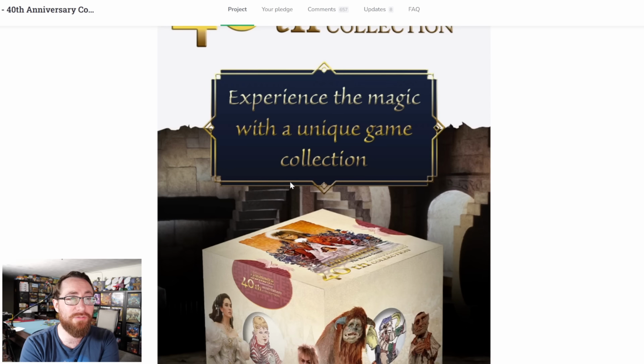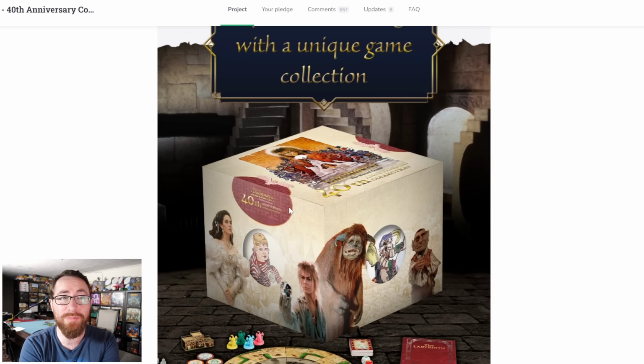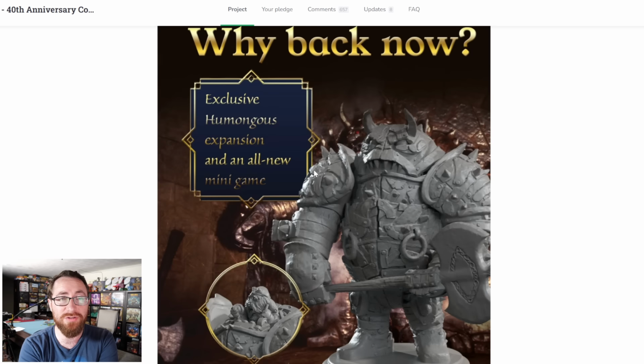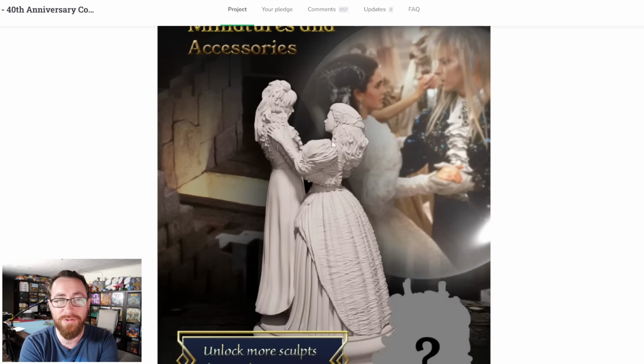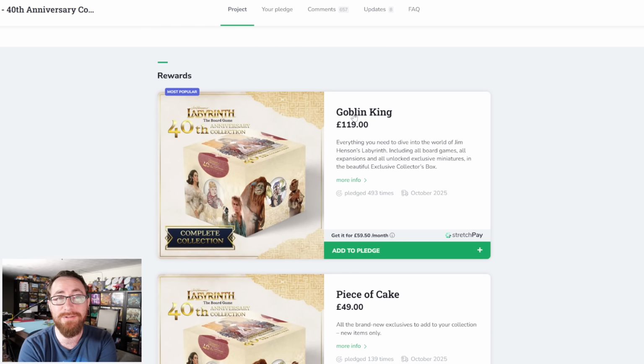But for the campaign over here, it's basically giving you some upgraded everything for the game. More miniatures, more content, more everything, and get all the exclusive items, save over £70 over here. Why back now: exclusive humongous expansion, all new minigame, removable helmet, just a fun amount of content for the game. But if we scroll down to the actual pledge levels, we have the Goblin King for £119,